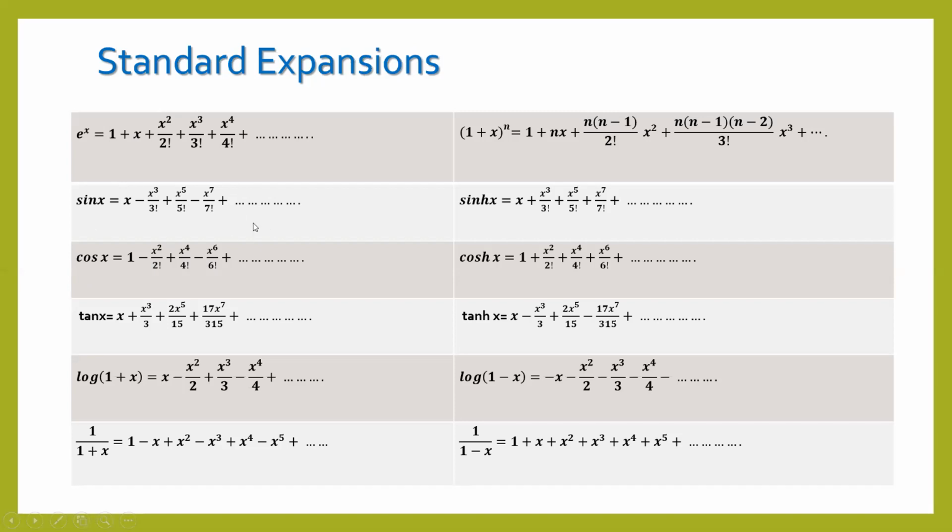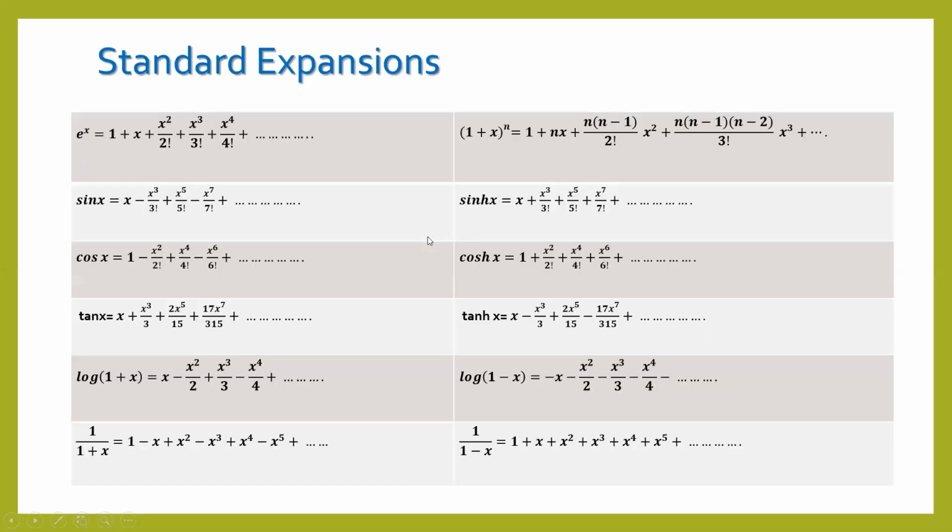Once we know the expansion of sine, expansion of cos, we just see the expansion of hyperbolic sine. The expansion of hyperbolic sine is same as we have the expansion of the sin x, only all with plus sign. Same here, expansion of cos and hyperbolic cos is same, but here all the terms are positive, right? Similarly, you can see here the expansion of tan x given, and here all the terms are plus, but when you write the expansion of hyperbolic tan, then it is alternate plus minus.